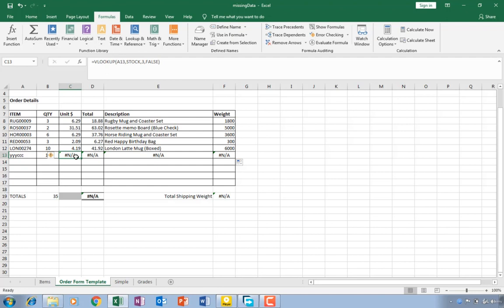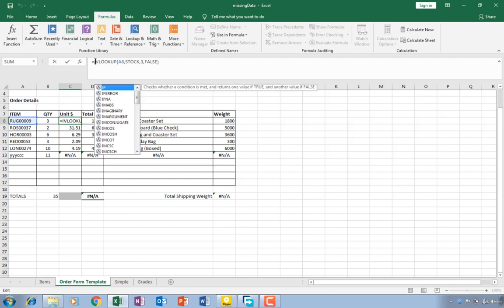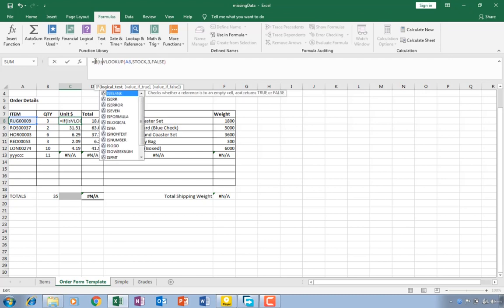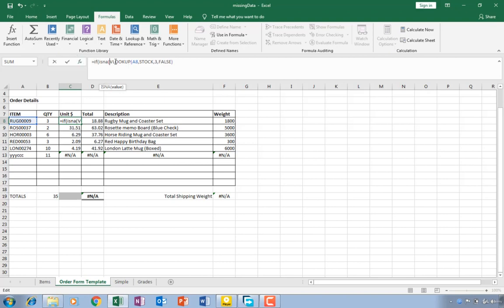Okay, so let's say because this item does not exist in our item list, and we don't want this type of error to be displayed within our invoice, what you can simply do is highlight a cell with the current existing formula and say IF, open bracket, ISNA, open another bracket, copy this formula, Control C, comma,